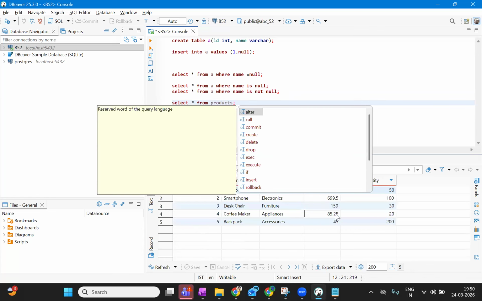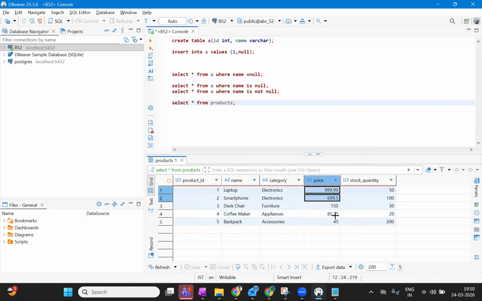Okay, I want to print the product price greater than 10,000 rupees. Okay, price greater than 10,000 rupees. But in my table, I have values in dollars. Now what I need to do? I need to convert these values into rupees, or I need to convert rupees into dollars. Okay, here I will show you. Select star from products where